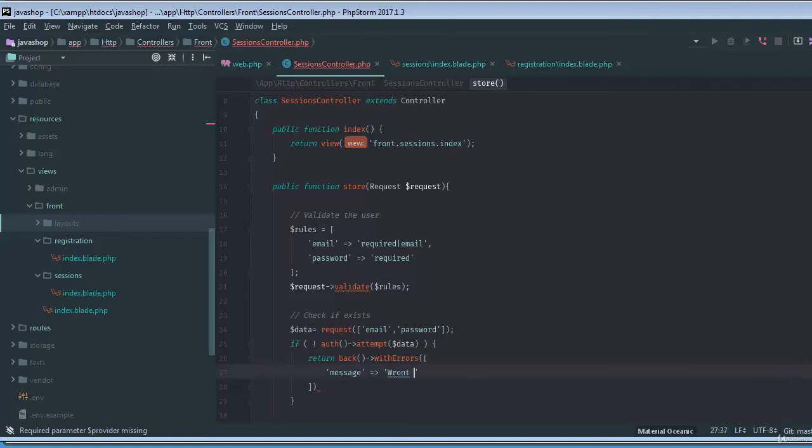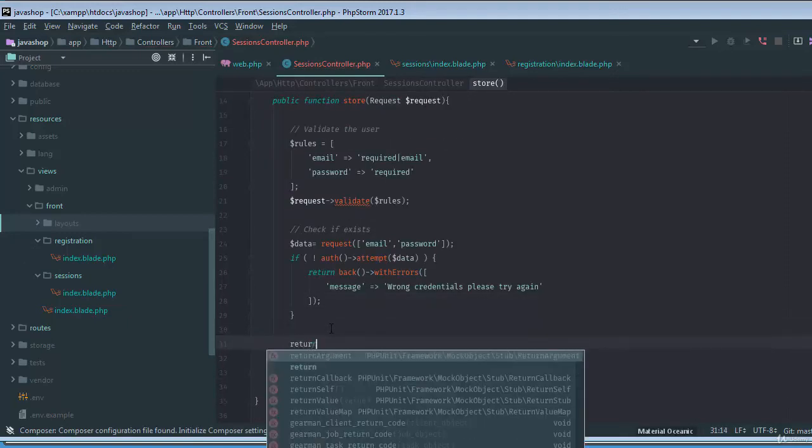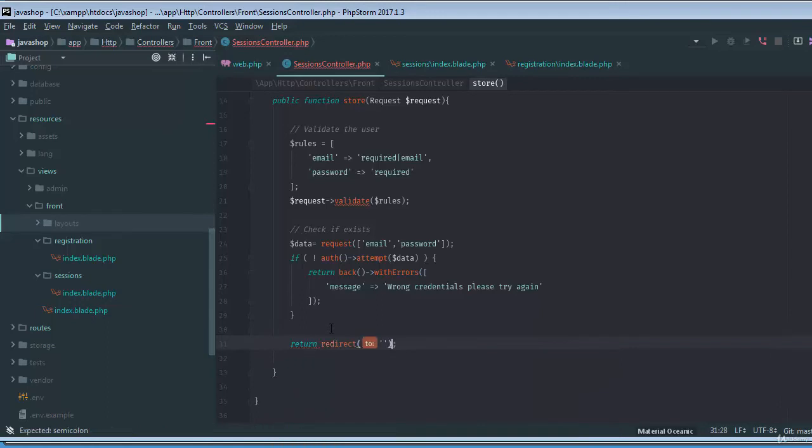The error would be, for example, wrong credentials. Please try again. Okay, and then if everything is fine, then we need to redirect this to